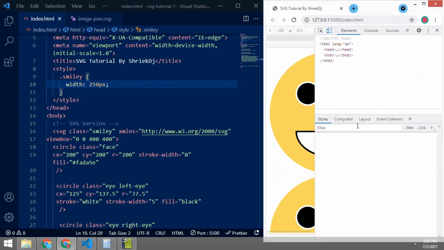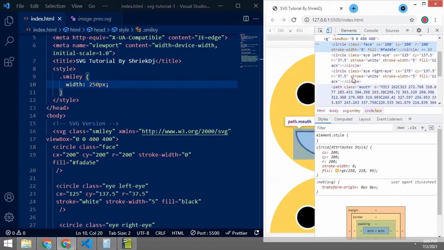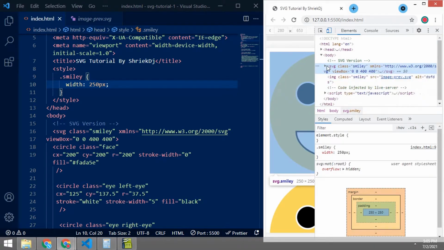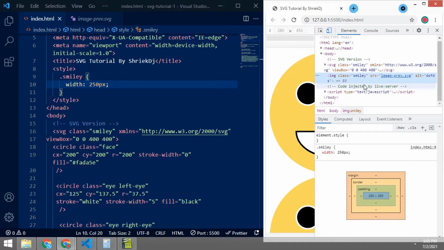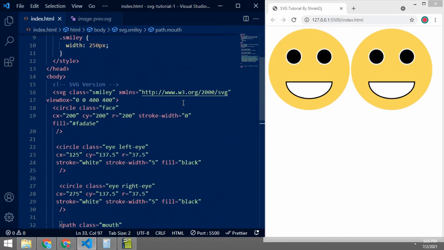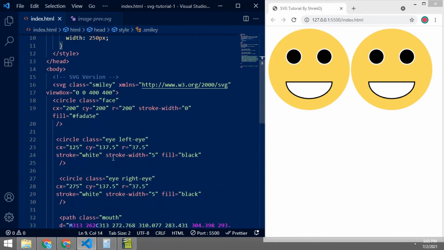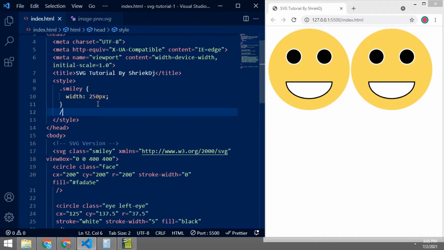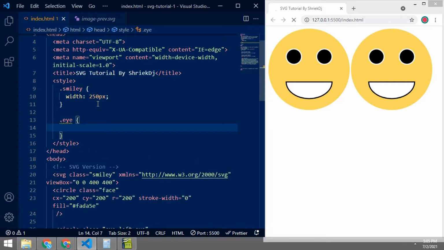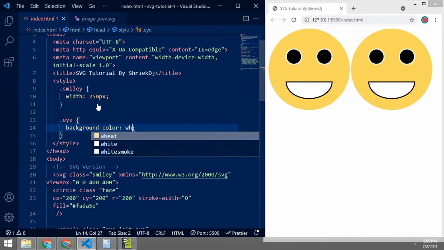Okay, we can also inspect that same image. It is indexable, it is usable to browsers or search engines. Search engines can understand that we have a smiley space or image, or it is an eye, it is a face, or anything else like that. It can understand what the content on our website is, and it can show it easily, which can help something in our SEO also, but not that much.